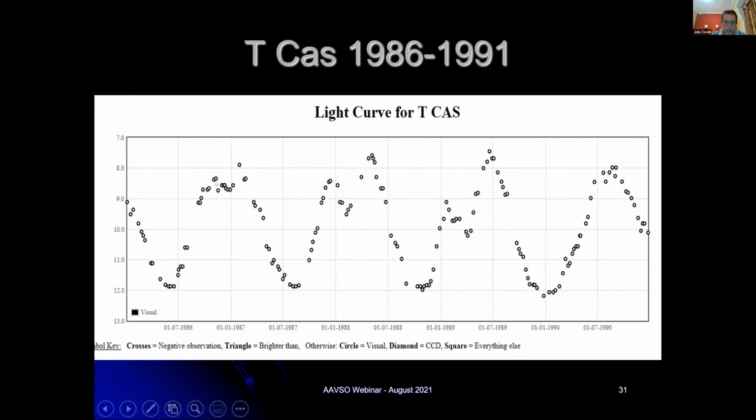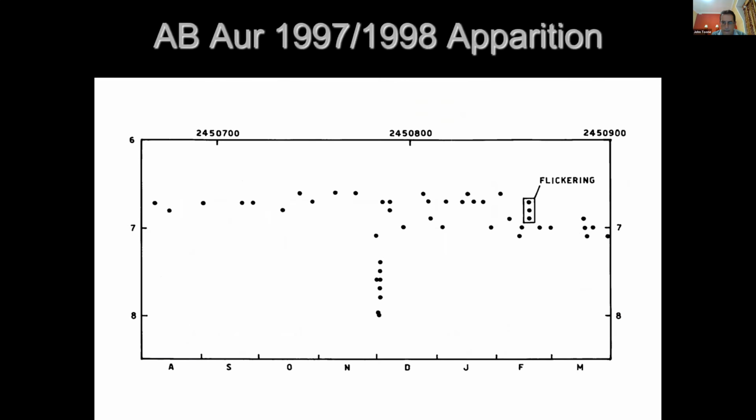Typically, picking up a single observer's data on another Mira star, what I can point out here is that you've got this secondary mode of variation, which is moving down the ascending branch of the variation, and it disappears on this cycle, and then it picks up on the next one. This can be picked up just by a single observer, as in this case.